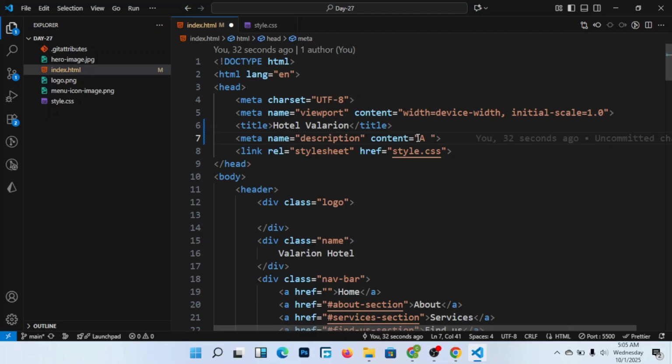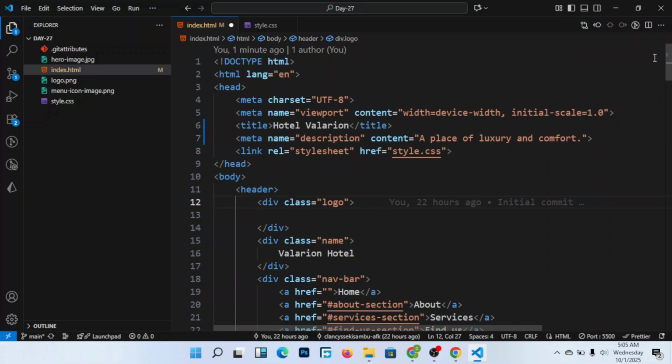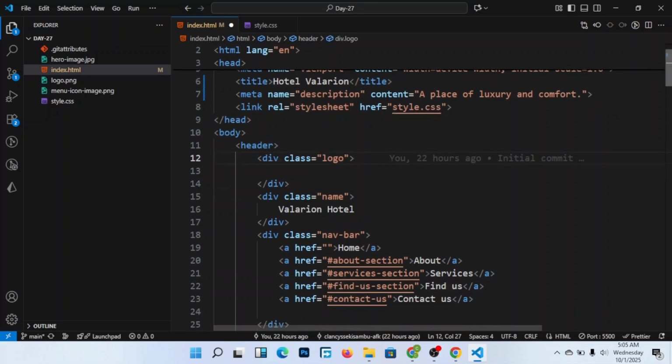So you just put something really simple: a place of luxury and comfort. I can add something small, but I can leave it with this. And this is the description of this Hotel Valerian.